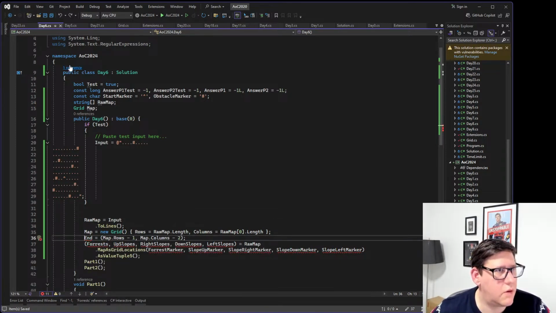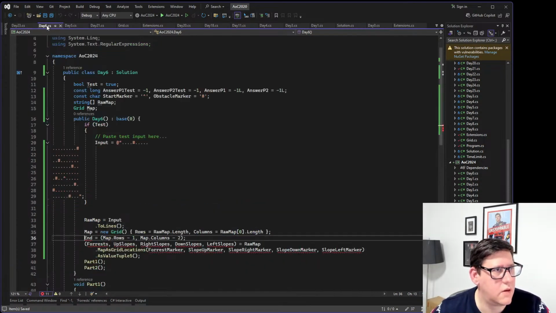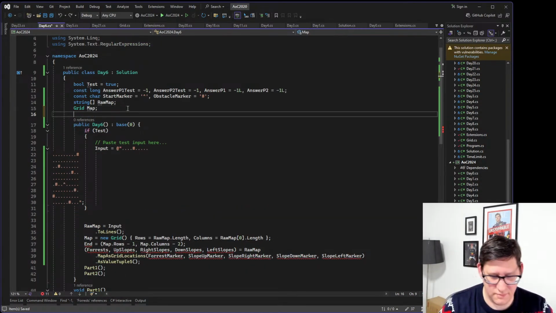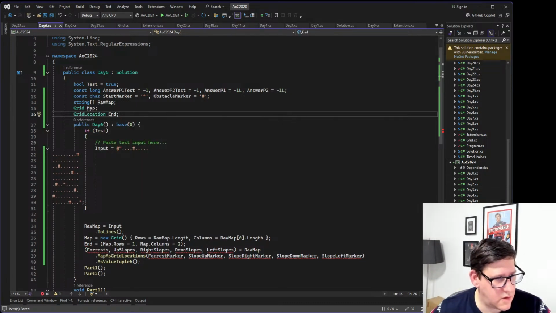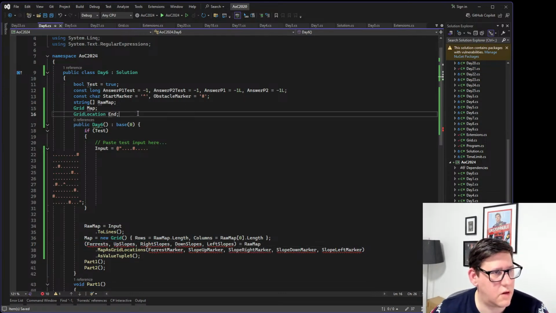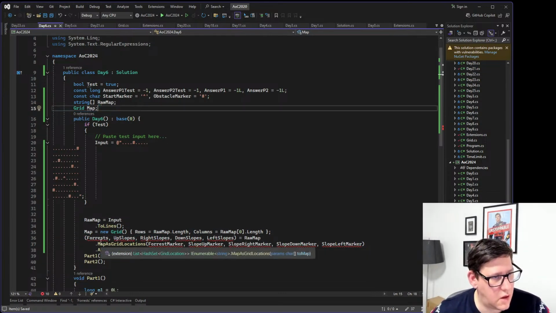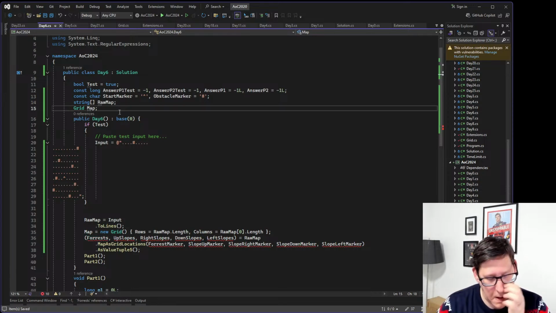Was this also grid location probably? Yeah, see, things are coming back to me. In this case, I don't really think it matters because we need to have the starting location actually. Because in this case we only need to know